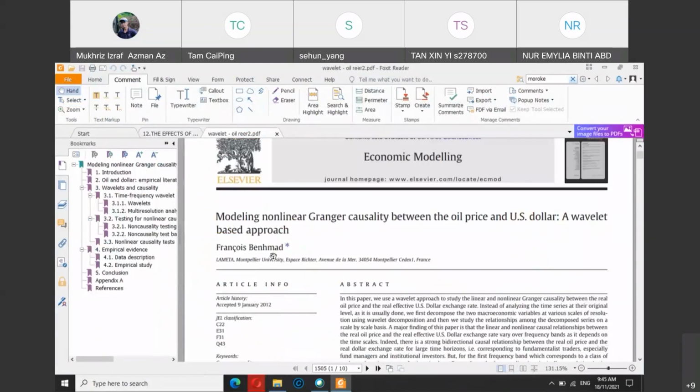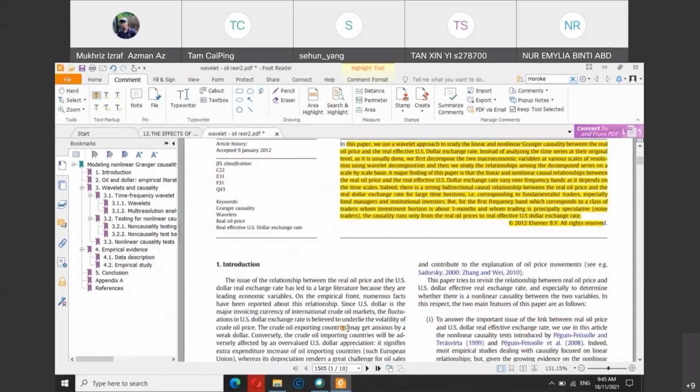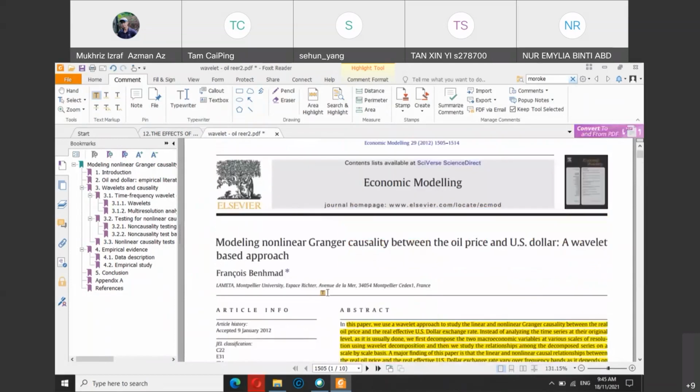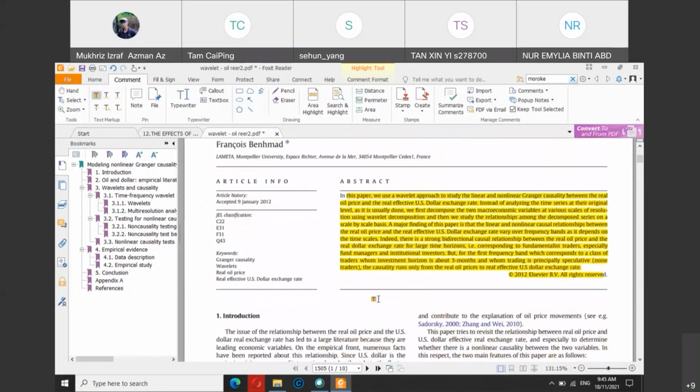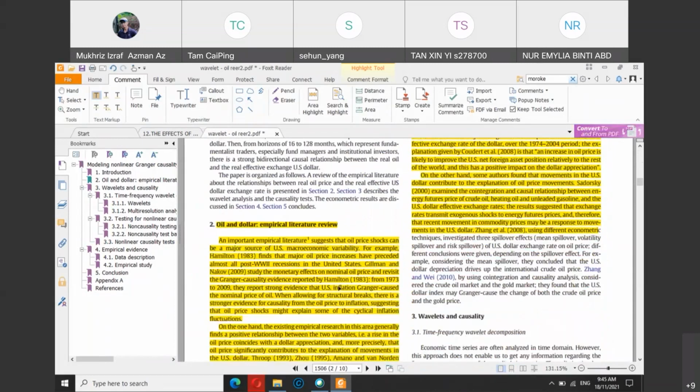This article is by Ben Francois, Ben Matt. The conclusion of this article is given in the abstract and also in the conclusion. But I can also use this article to find other articles related to this particular issue. Because when he wrote this paper, in the literature review section, the literature review is supposed to provide evidence related to this article as well. So it's like you are opening one window and you get more windows. That's why you get more articles and more articles and more articles.